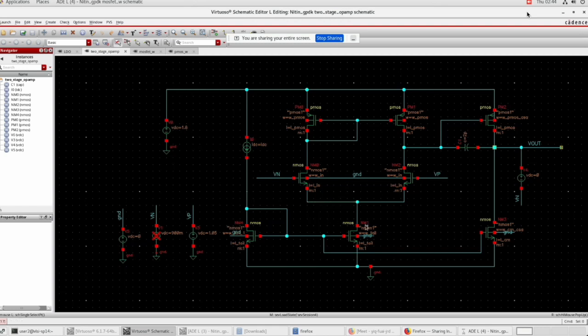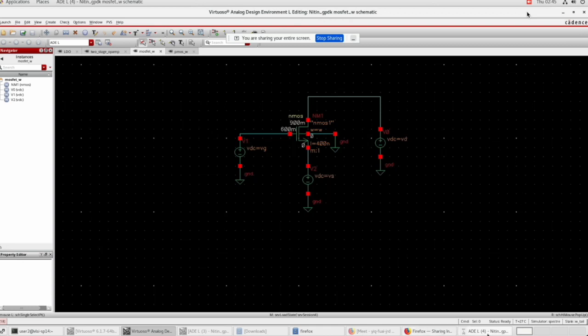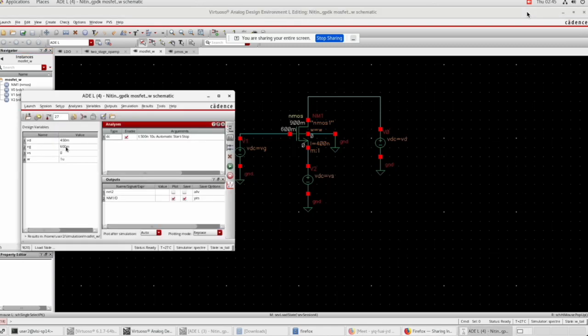So for this MOSFET, the drain voltage is 0.45 volt, and I also assume the MOSFET's threshold voltage to be 500 millivolt, and the overdrive voltage of each MOSFET should be around 100 millivolt. So this VG should be around 600 millivolt. That is what I took here. So the VG is 600 millivolt and VS is 0, so VGS is 600 millivolt and VTH is around 500 millivolt. So the overdrive voltage is around 100 millivolt and the VD is 450 millivolt. And when I simulate it,